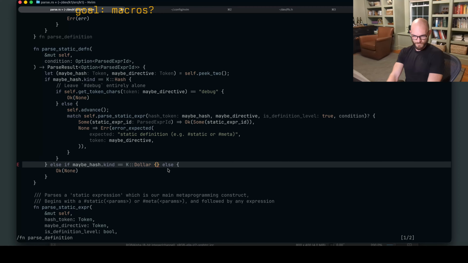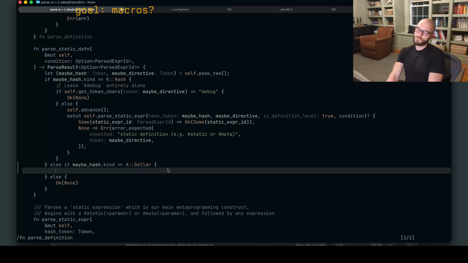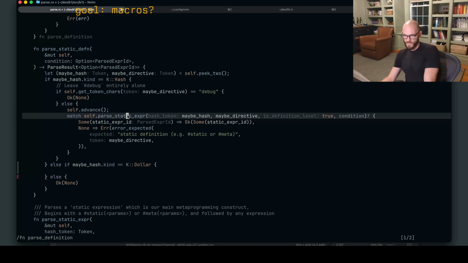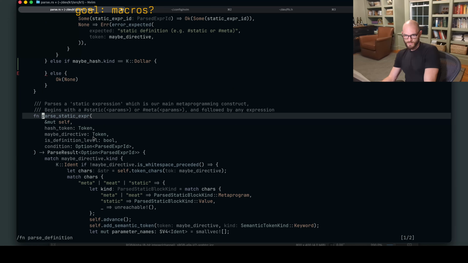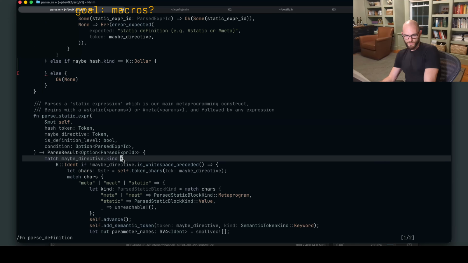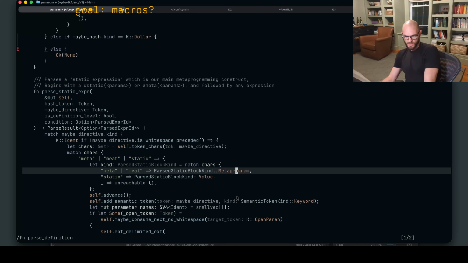Dollar. Hash debug, hash. Static or meta. And it wants, we advance past the hash. And this is reused for both. And then I return the kind. Yeah.